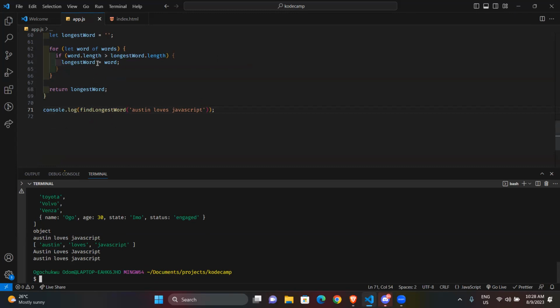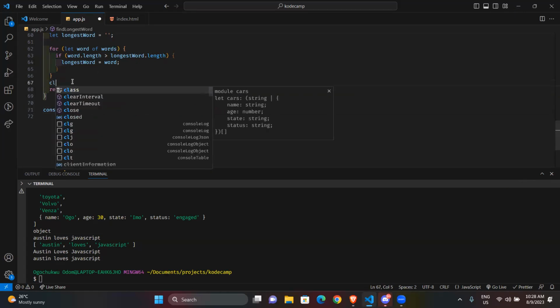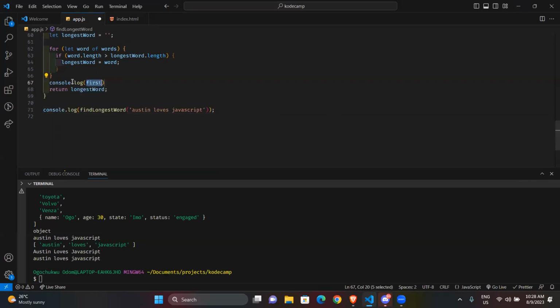There's something I'm missing. Longest word, longest word. Let me just console log this, longestWord.